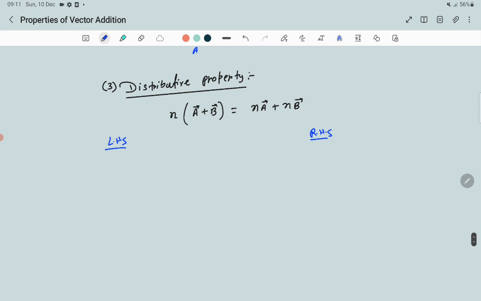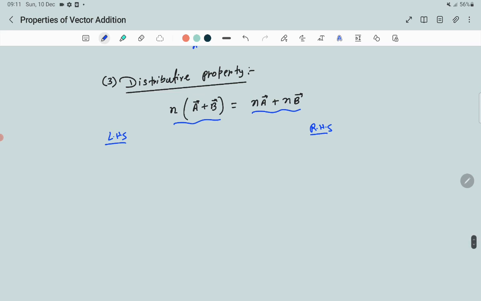What is the resultant? When you have to prove analytically, you have to show the magnitude of the resultant as well as the direction of the resultant. So what is the magnitude of the left hand side and what is the magnitude of the right hand side? The magnitude of the left hand side will be the resultant, which is nothing but the square root of a square plus b square plus 2ab cos theta. So it will be n multiplied by, because n is a scalar number,